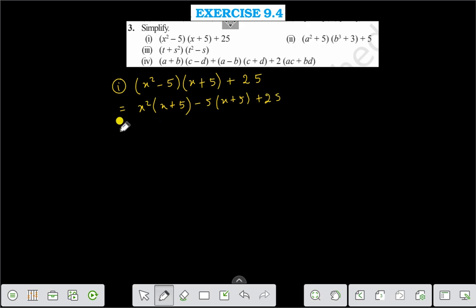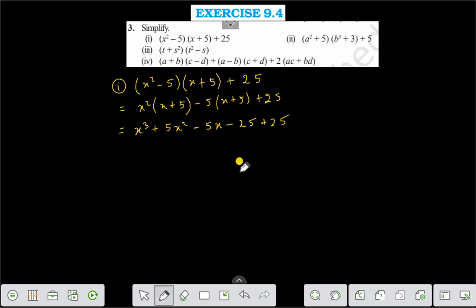We are getting x square and x, that is x cube, plus 5x square, minus 5x, minus 5 5 is 25, plus 25 plus 25,